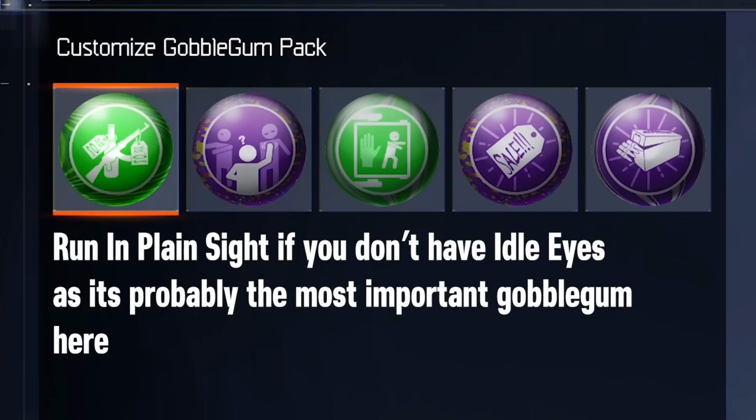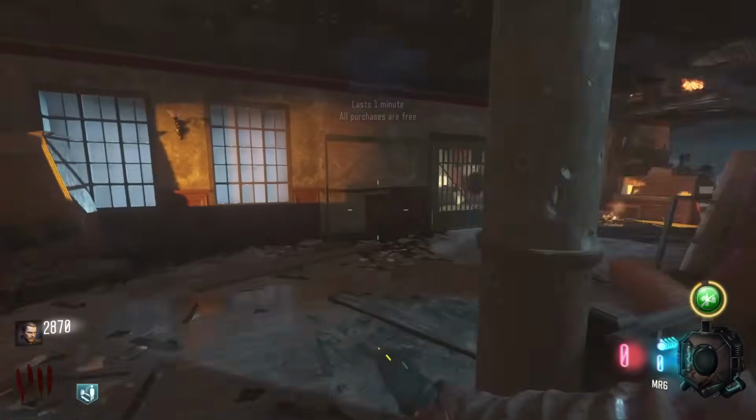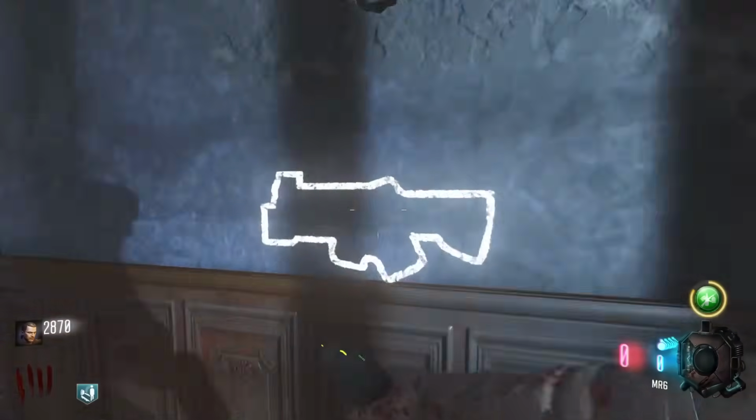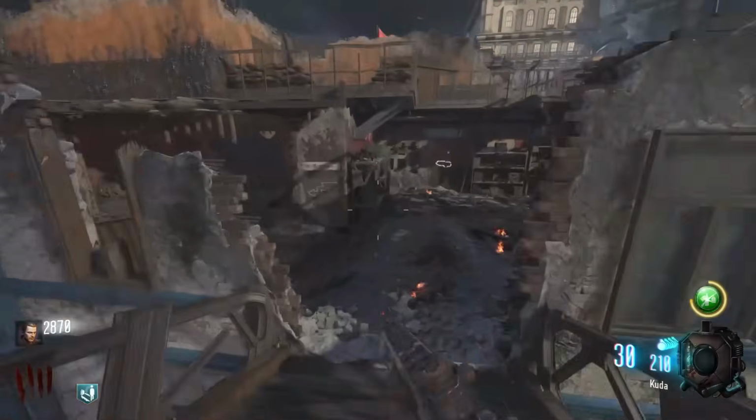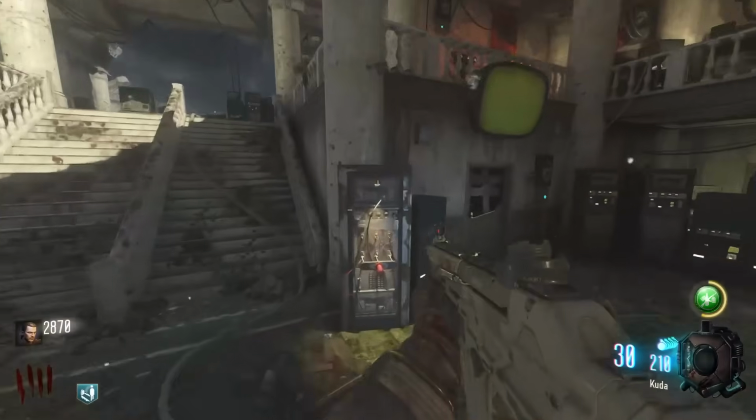Best Gobblegum setup. Grab Quick Revive as soon as you spawn in and go for shopping free. Open up this door, then the jug door, then the top roof, grab the Kuda, go all the way to the right side here, and then open up the shield door, and then open up power, turn on the power